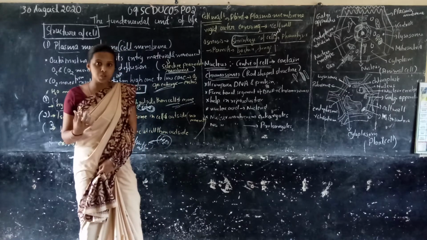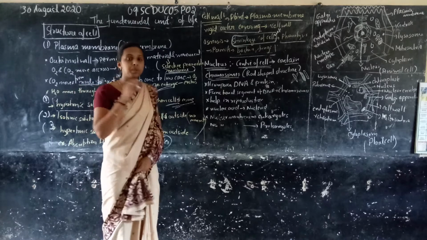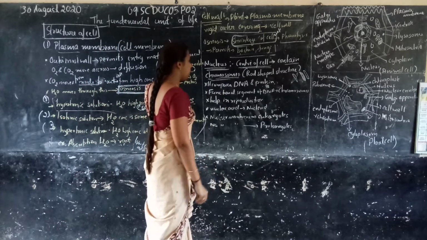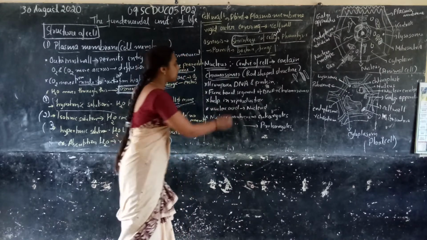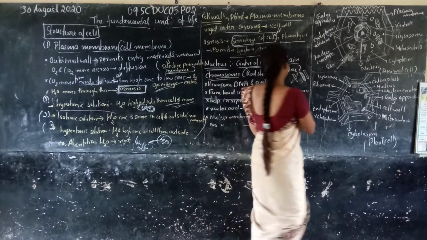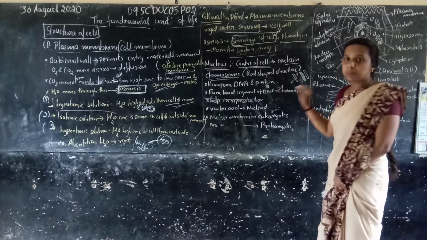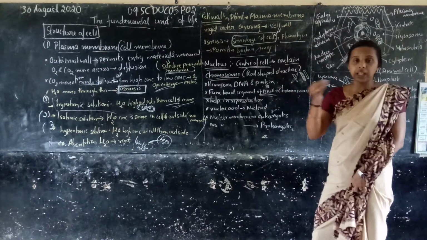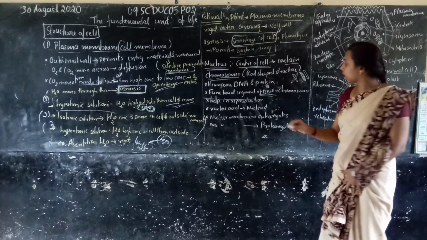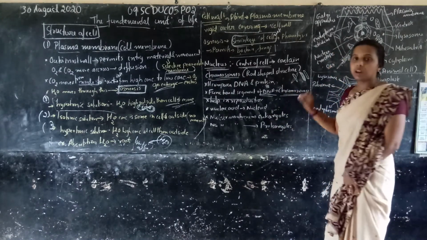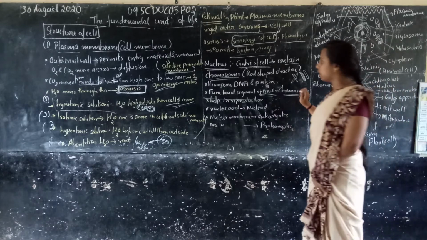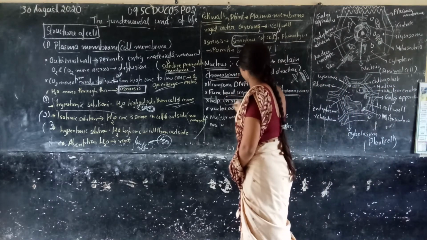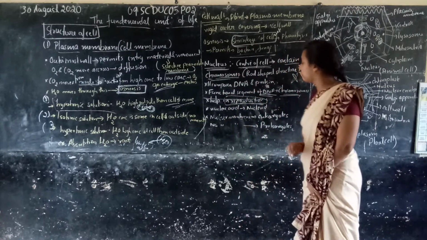So where is the chromosome located? The chromosome is located in the nucleus. What are the functions? The chromosome is the functional segment of DNA. The functions of DNA are based upon the chromosomal parts. It helps in reproduction. The nucleus helps in the reproduction of a cell.